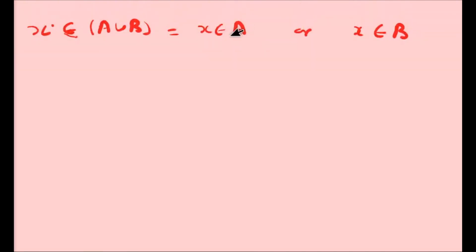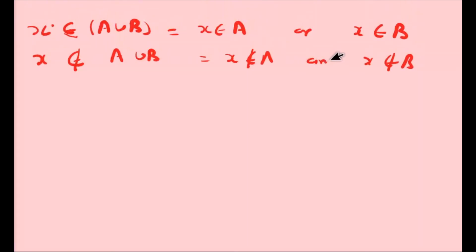If the member belongs to set A or set B, then it will be in A union B. If a member does not belong to A union B, then the member does not belong to A and does not belong to set B,